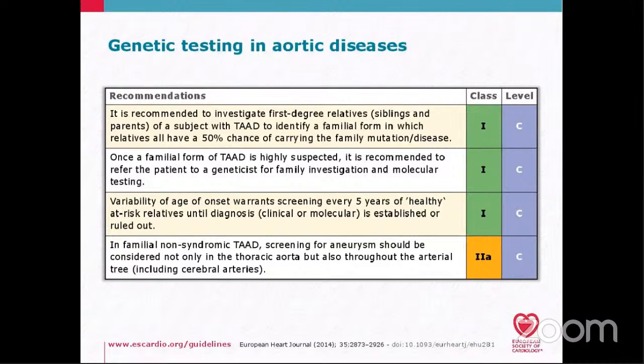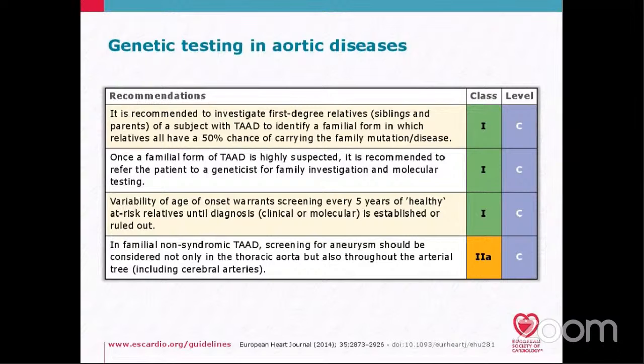Once a familial form of thoracoabdominal aortic disease is suspected, it is recommended to refer the patient to the genetics clinic for family investigation and molecular testing. And of course, every 5 years follow up for the healthy individuals, but those at risk until the diagnosis is established or ruled out. And in familial but non-syndromic, I mean they do not have Marfan, they do not have